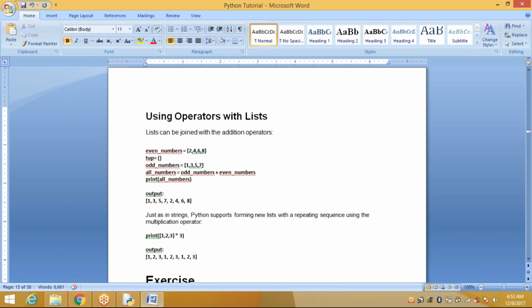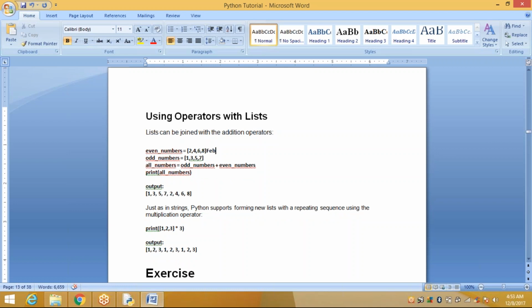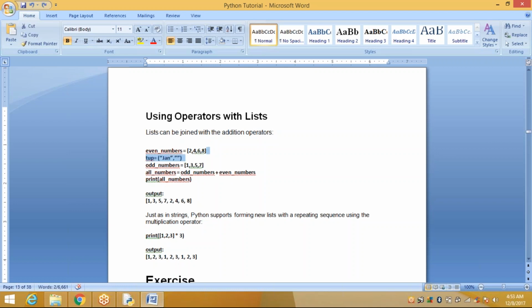Suppose I have John, like this. So you define a list like this, within the square brackets, and you define a tuple like this, within the parentheses.